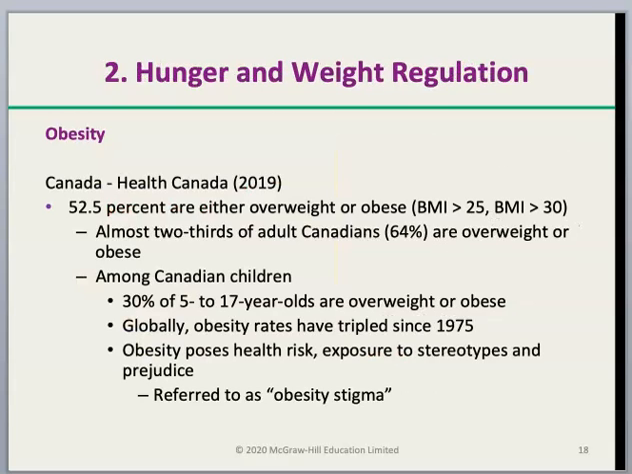The last section discusses obesity. So in Canada, 2019, 52.5% are either overweight or obese. BMI, body mass index. So overweight is considered a body mass index of over 25. Obese is considered a body mass index of greater than 30. Almost 2/3 of adult Canadians are overweight or obese. Among children, 30%